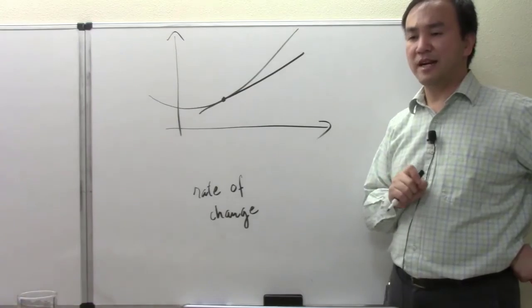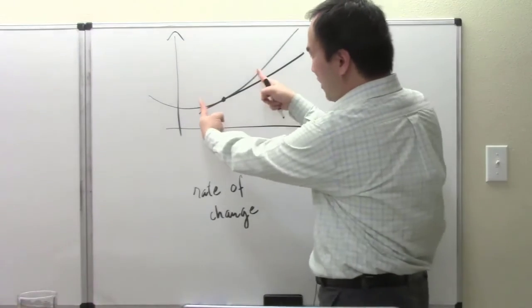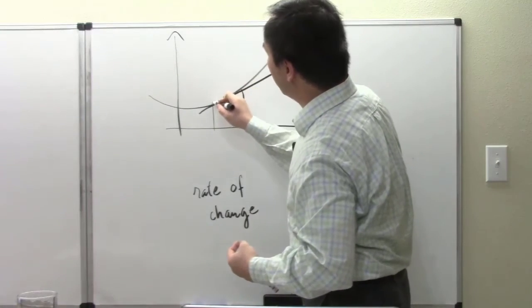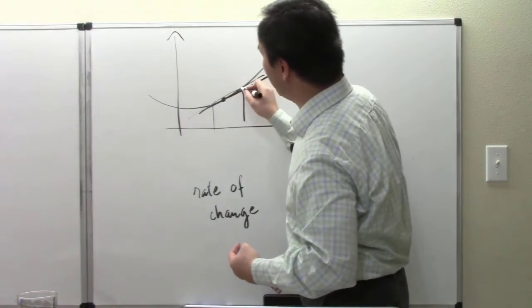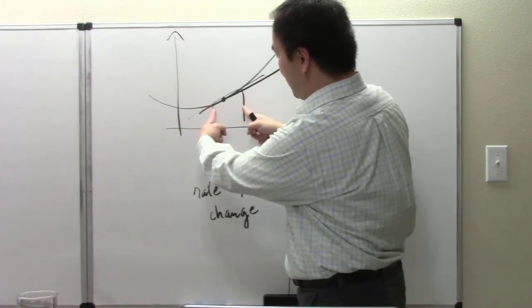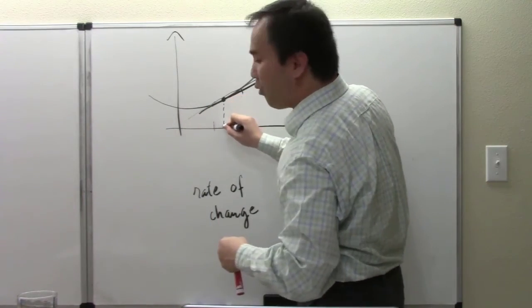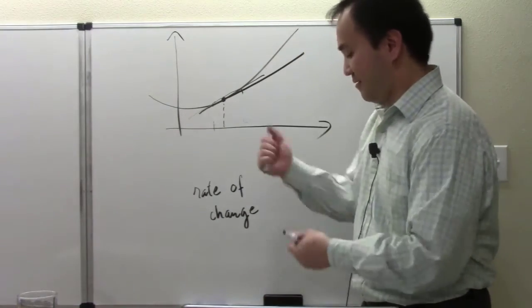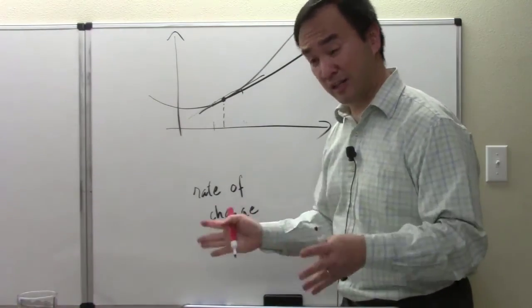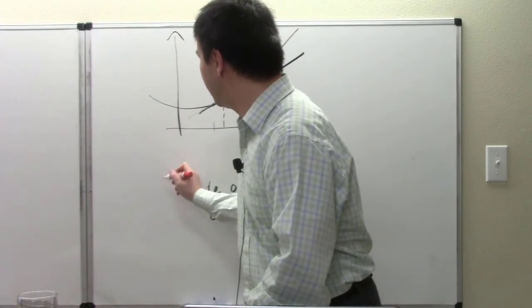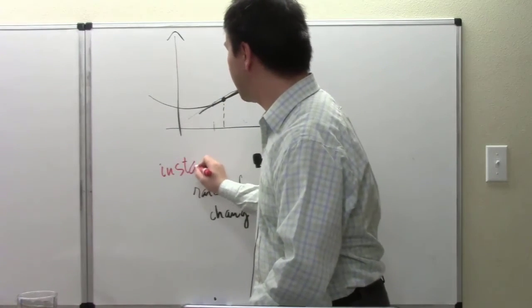The kind of rate that only happens in one instance. Think about when the interval gets so small. With an interval like this, the line connects through as a secant. But when the interval becomes so small that eventually it hits only one point, we call that one instance. Ladies and gentlemen, in your calculus study, this is probably the first time you hear this. This is called the instantaneous